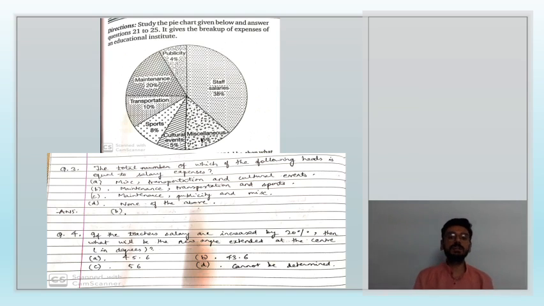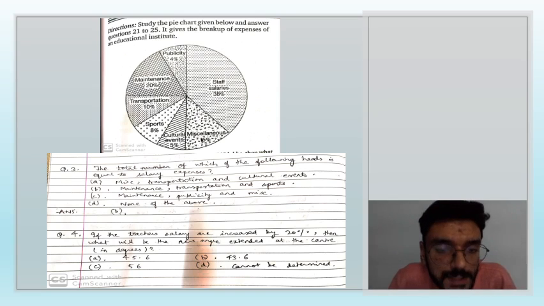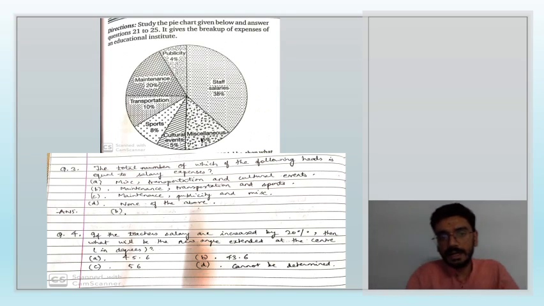Similarly, in transportation, whether bus or auto rickshaw, whatever be the transportation, the further breakup of that is not given. In publicity, online publicity and offline publicity, the breakup is not given. So this pie chart represents some data, but at the same time, it does not represent a lot of data. Some things are just not given in pie charts, and inference of that cannot be made reasonably just by looking at this pie chart.